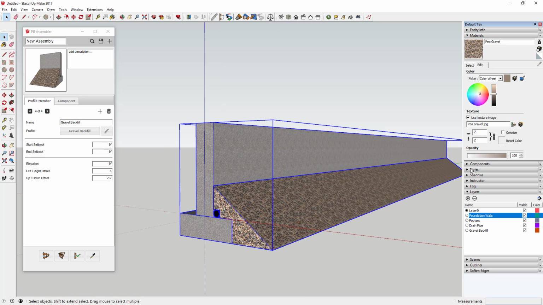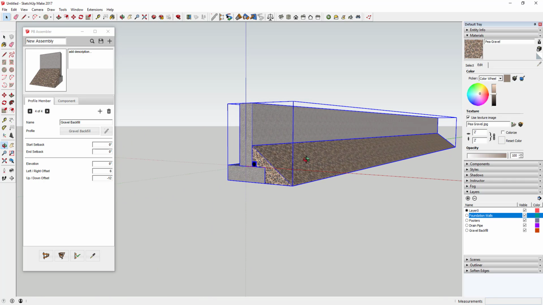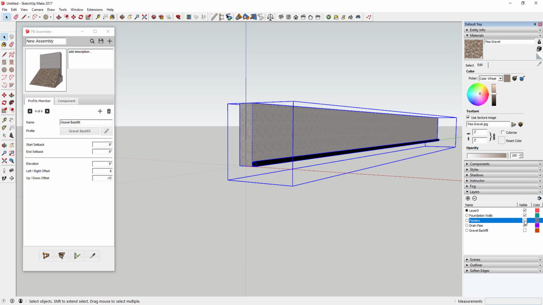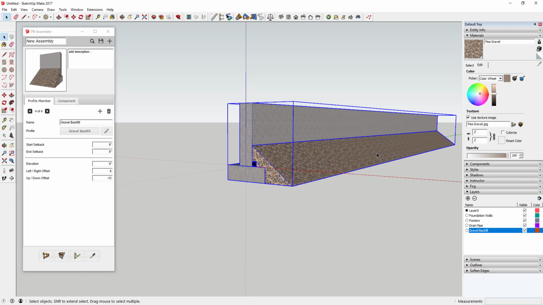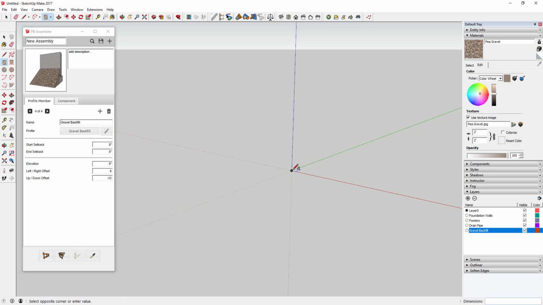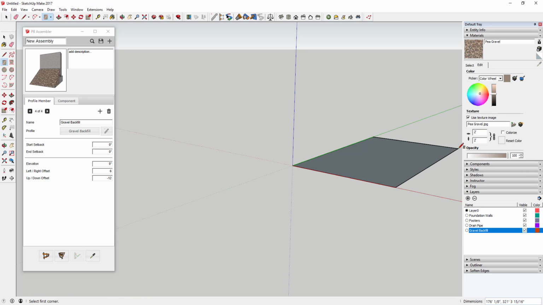One of the things I want to point out is since we brought these in on different layers, you can turn them on and off. So you can come in here and turn gravel backfill on and off. You can turn your foundation drain, your footer. If you bring those in on different layers, then your model gets really organized and you can really adjust the way that everything looks. So for example, if you come in here and you've got a big old building footprint,